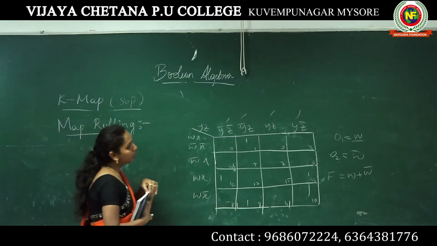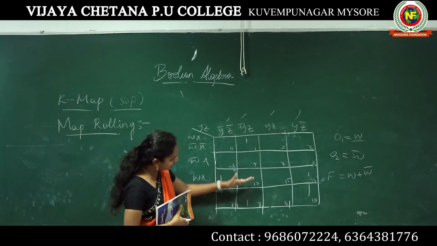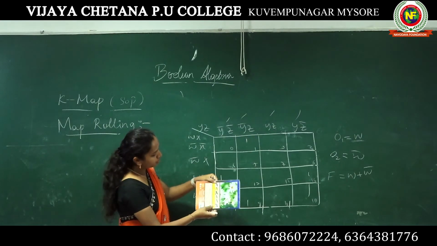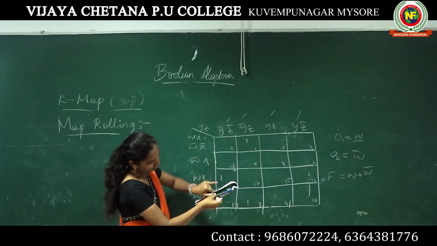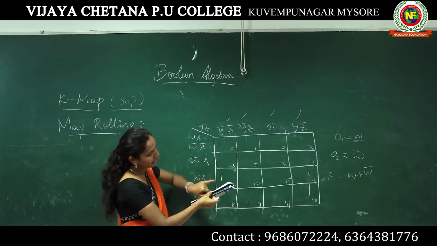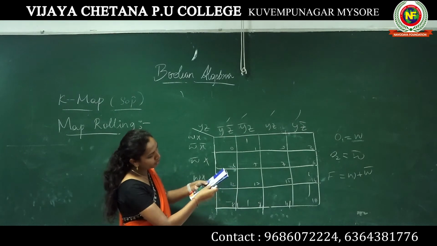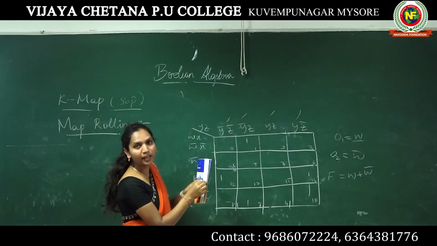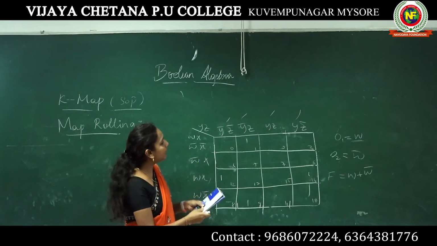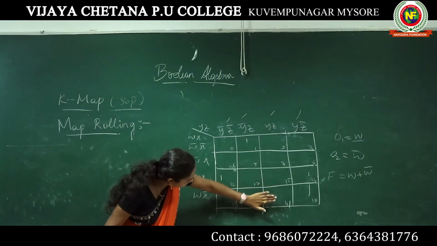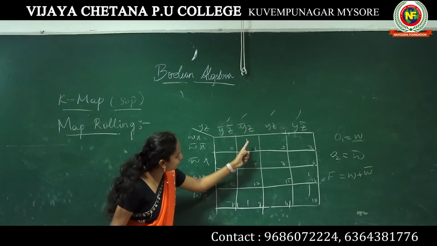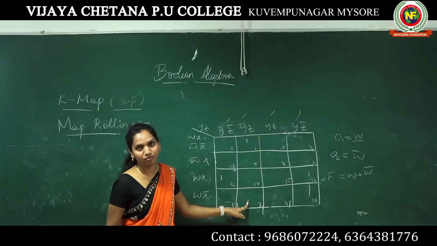I need to fold this map like this, which means this one here, one here. I am folding this one like this, I am just rolling like this. So what will it be? The ones are getting together here. Right? When you are rolling this map, this one will come to here. Right? Come to here.